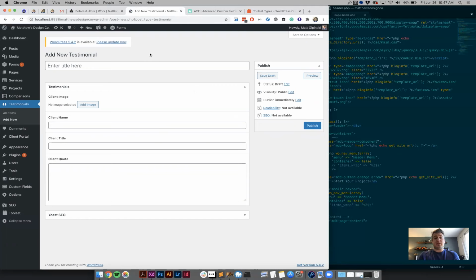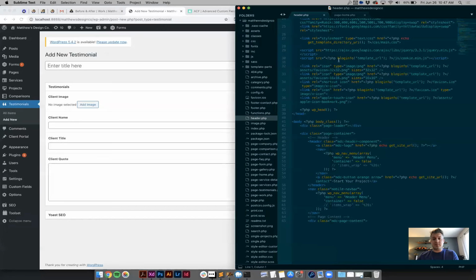And once you've created your custom post types, you've created your custom fields, so you create the custom post type, then you create your custom fields, whatever you need them to be, based on your design. You can look at your design and say, okay, I need an image, I need a title, I need a description, and I need a button. And you can add those to this. So once you have those done, the next step is actually getting this data to display in this custom theme that you've designed and coded the front end for. So the way that I'm doing that